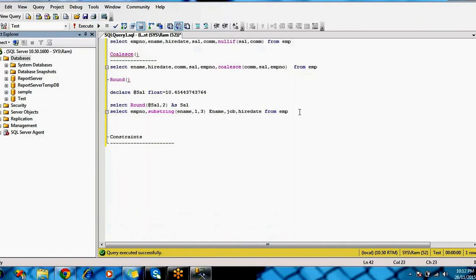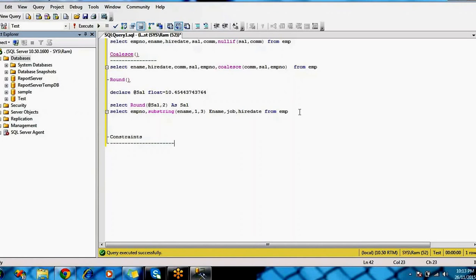Based on those rules, the table will allow the insertion of data. Whatever constraint you put on a particular column, it will check before inserting the data whether that constraint is satisfied or not.